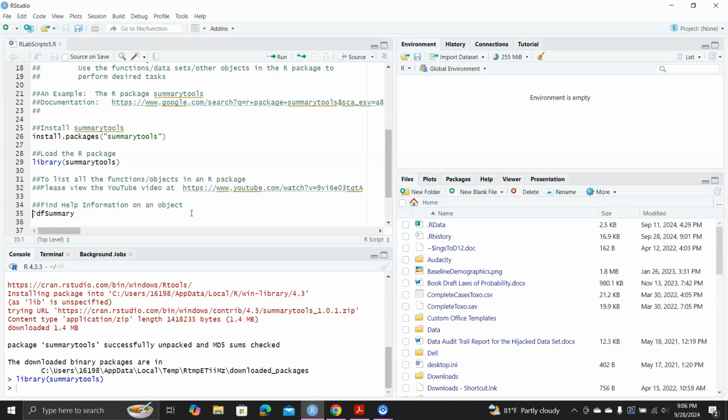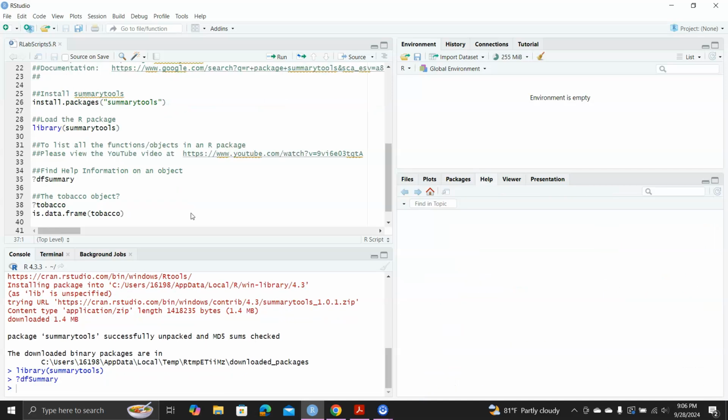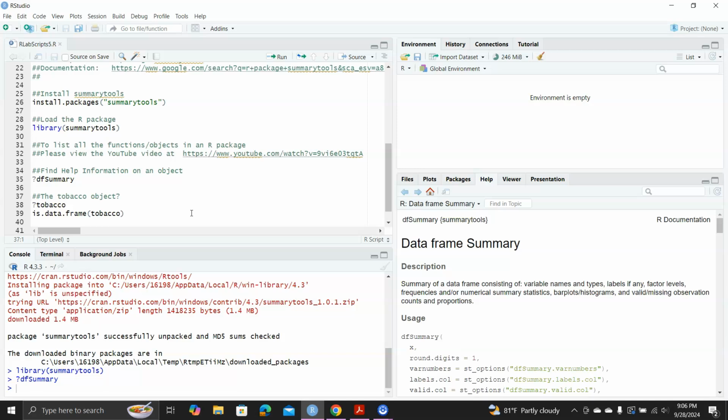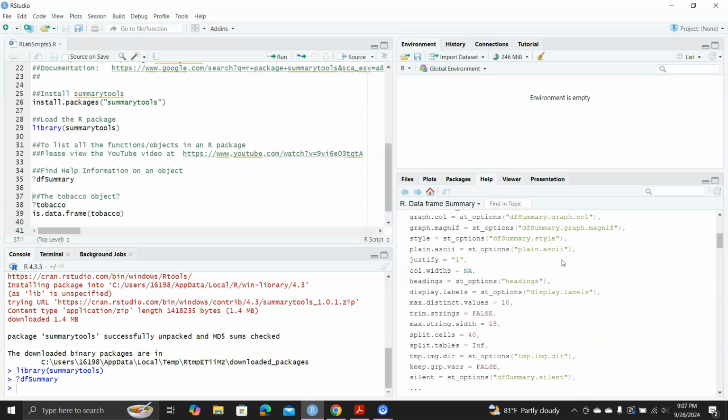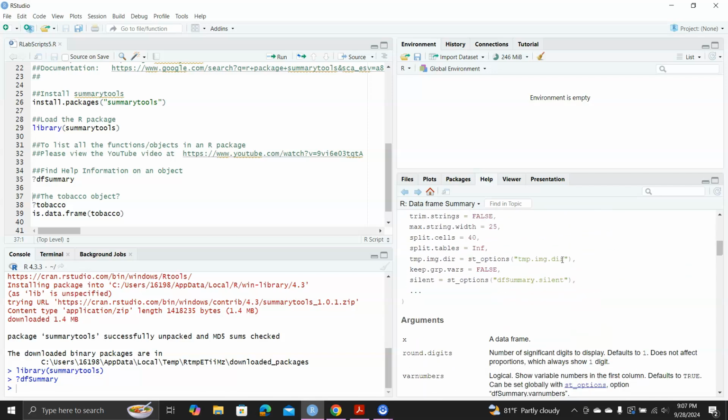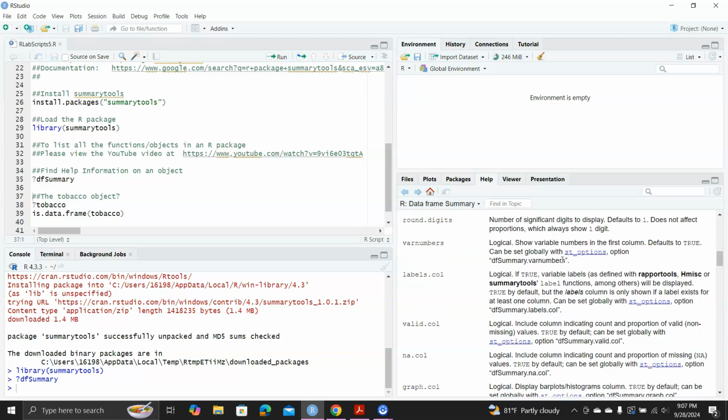So if you want to learn, say, how do I use dfSummary as one of the functions. And on the right-hand side, you can see here, it says it's for data frame summary. So it's a dfSummary. Okay, that's descriptions and information about the function, all the arguments, the details,